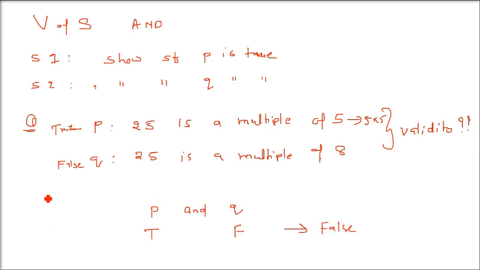In and, only when both are true will it be true. Otherwise, always false. So this truth table, you can write it as true, true, false, false, true, false, true, false. When you do and, every time it will be false unless both are true. I am doing and for these pairwise. Okay. So now you understood how this validity of statements can be done. So we have just seen it for and.